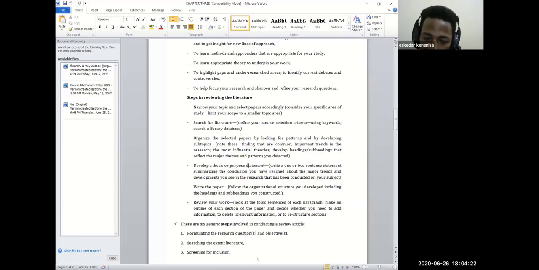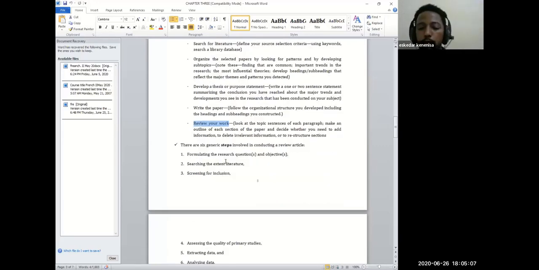Finally, you write the paper. This is the last stage. After writing the paper, you are going to review it for unnecessary or irrelevant information that you have included in the literature review, and you are going to remove it. If there are gaps or remaining materials that have to be filled, you can add additional information after making the review. Therefore, this is the last step in the literature review.